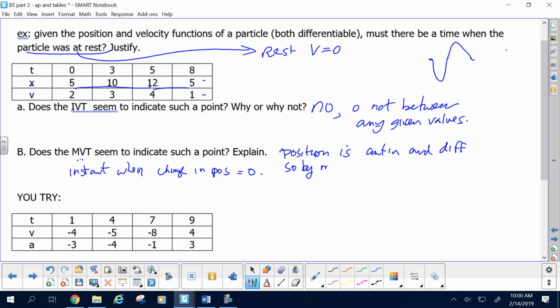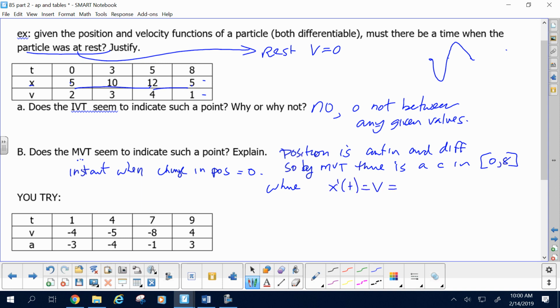So by MVT, there is a C in, we said 0 to 8, right? Where or such that. All right, now give me the MVT here. What prime? No F, there's no F here. X prime, which is the same as